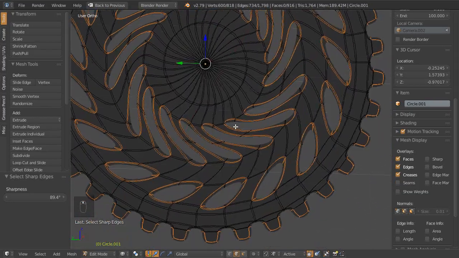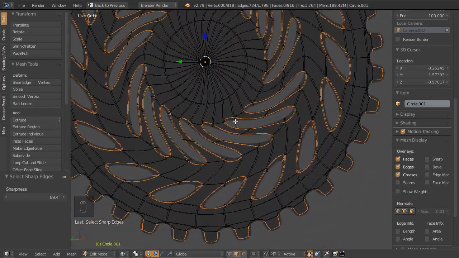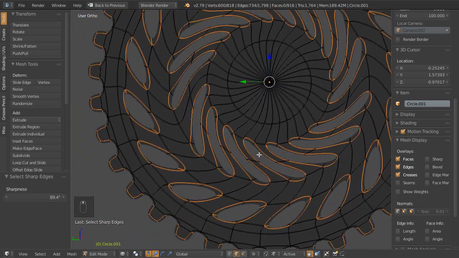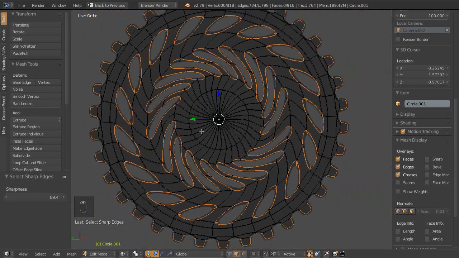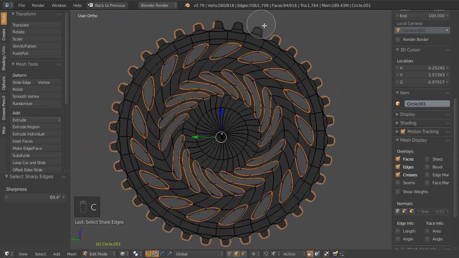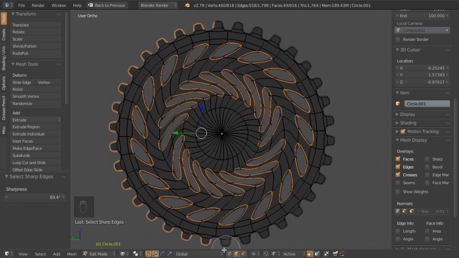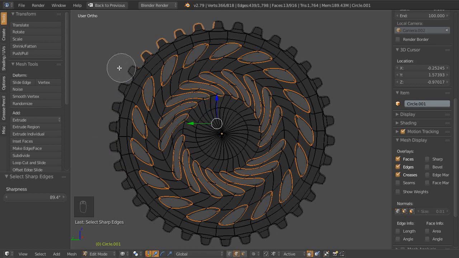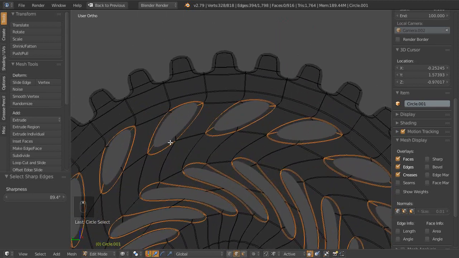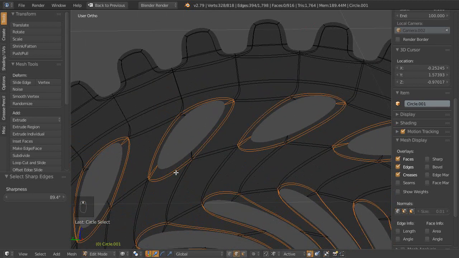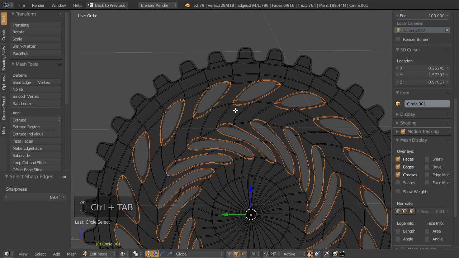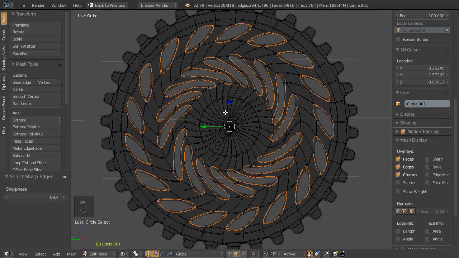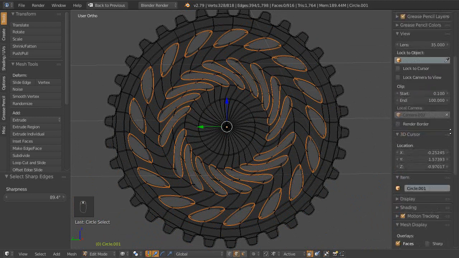So let me see. I'm going to have to deselect these, but anyways, I was going to crease it just for the sake of it not looking so, it looks like it's plastic or something that's not even sturdy, for the sake of the aesthetic. And normally when I see these kinds of things, well, you know what? Let me just see how it looks like this. I'm going to crease these, and